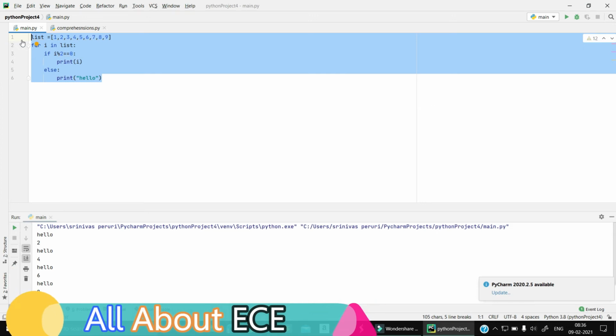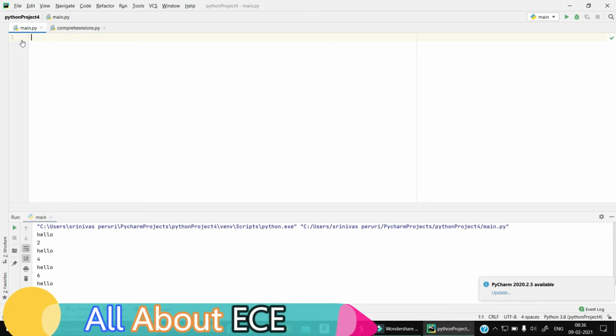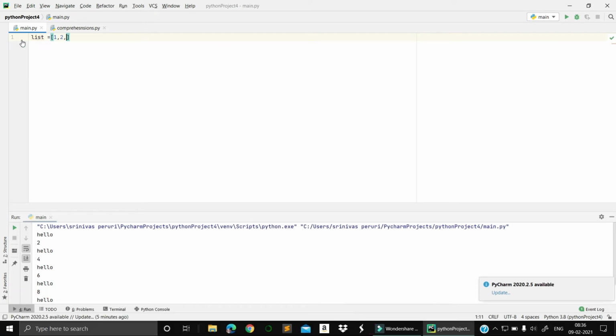Same thing, I want to show you with the help of list comprehension. I will take 1, 2, 3, 4, 5, 6, 7, 8. After that, I need to separate only the even elements, right?